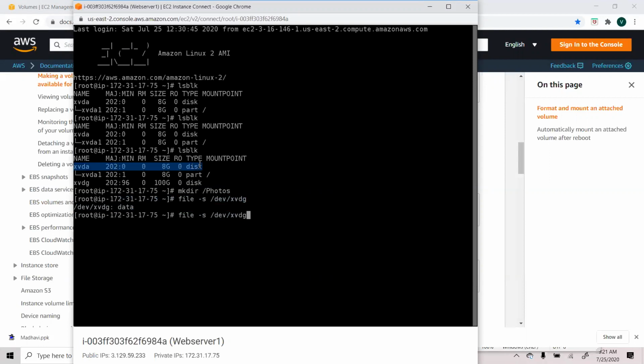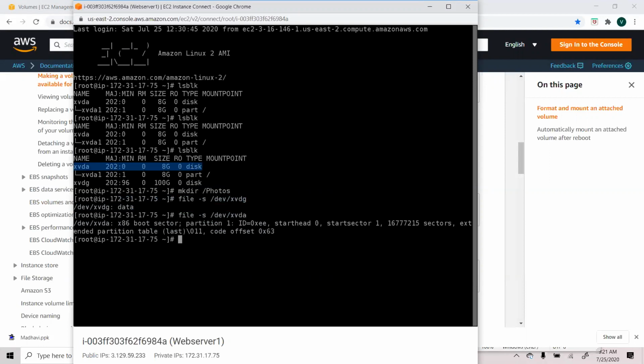xvda is my root device volume. That's where my operating system is installed. So let's go ahead and ask xvda. It is not giving the same information. It is saying xvda is an x86 boot sector, partition 1, ID equal to so on, started here. So this one has a solid file system already there. Obviously,